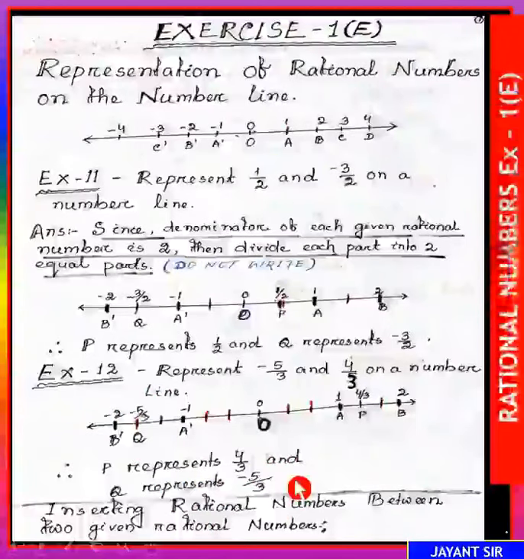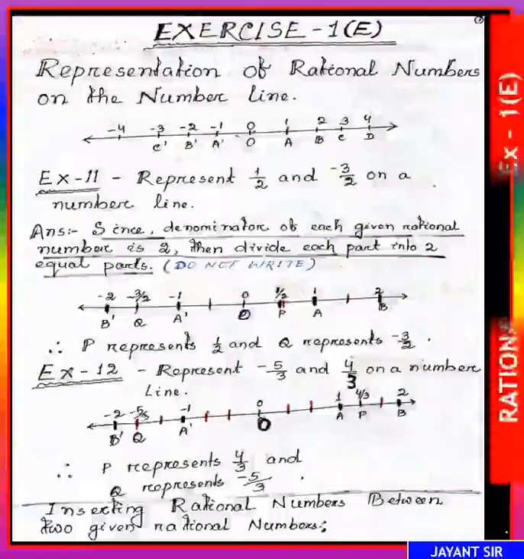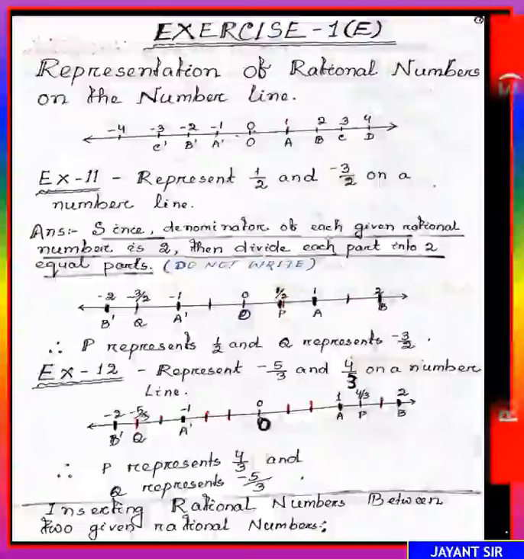Now, how can you insert rational numbers between two given rational numbers? Before we start, if I ask what is the number between 5 and 7, automatically you will answer, sir, 6. But how did you get that 6? Who told you? Any idea? Oh, in nursery class, Mary madam told you that after 5 comes 6, then 7. So between 5 and 7, the number is 6, you are telling.